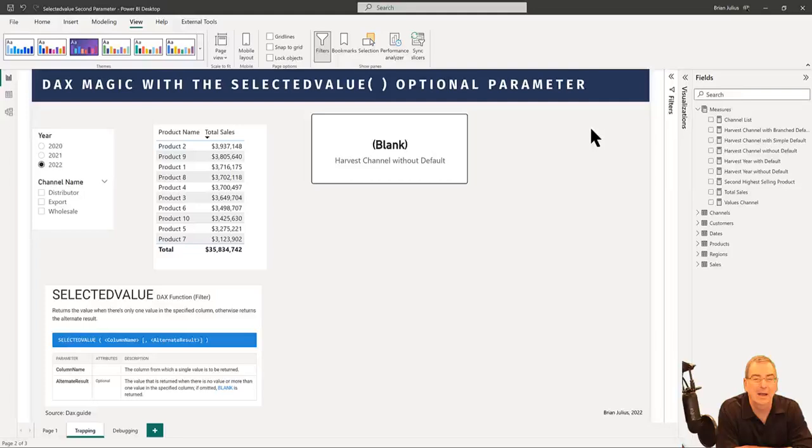Hey everybody, this is the latest in my series on buried treasure within Power BI, and today I want to talk about SELECTEDVALUE. This is one of the most common DAX functions. It's used to harvest values from slicers, and it's probably in almost every report you create. But it's got an optional parameter that lets you do some really interesting stuff, and I want to talk about